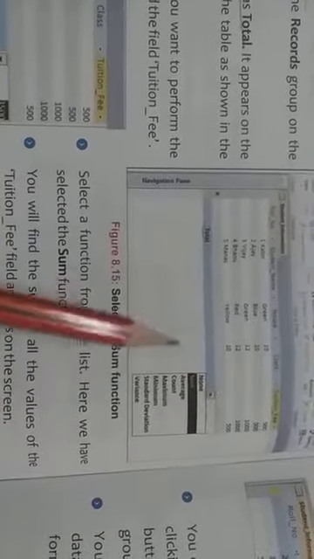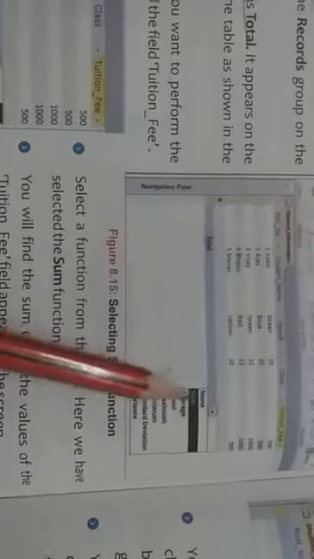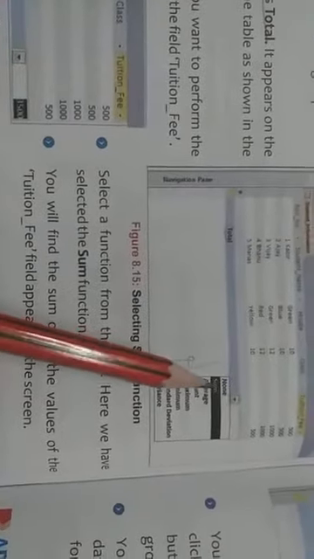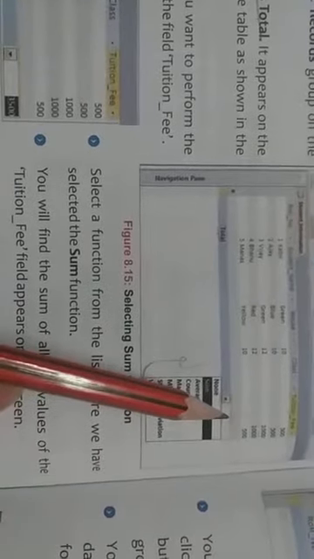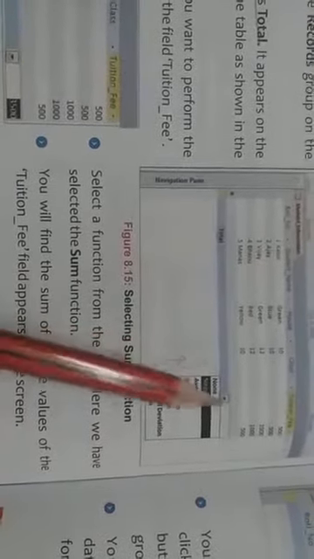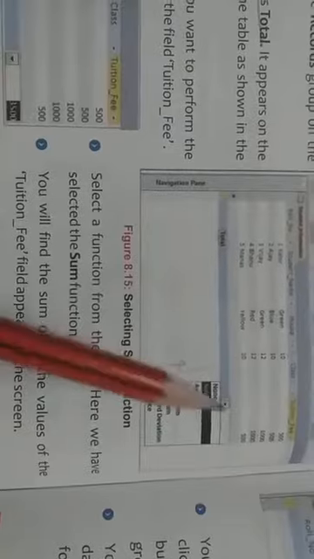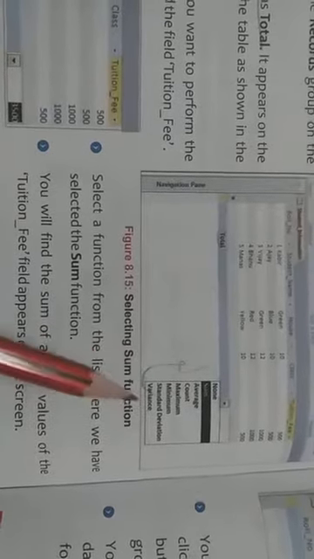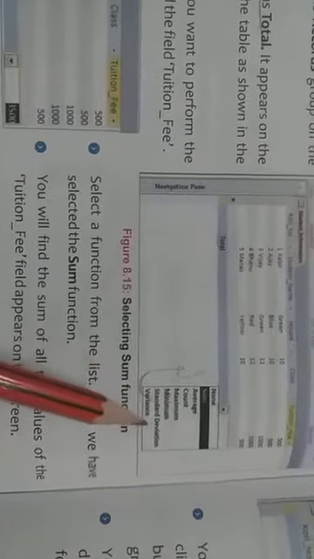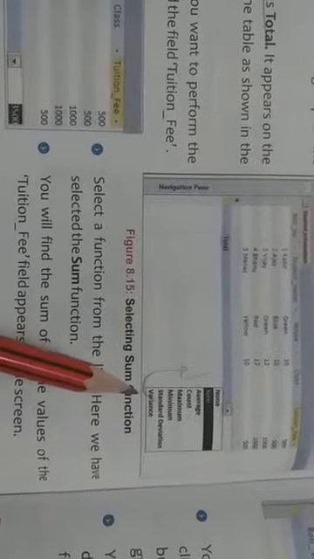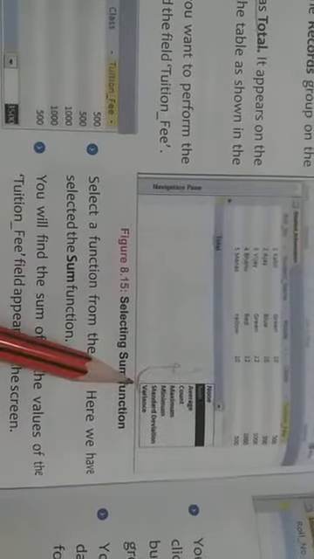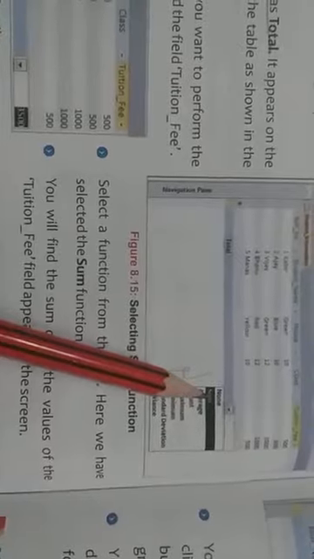So whenever we click, it will give formulas. Yes, any formula we can choose here. For example, they are selecting here sum, because we want to find the total. So if you want to find average, you can choose this. If you want to count only values, find maximum, minimum, perform standard deviation, or variance, you can choose these options. Yes, but now they are selecting the sum function.